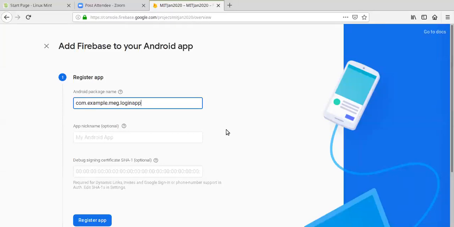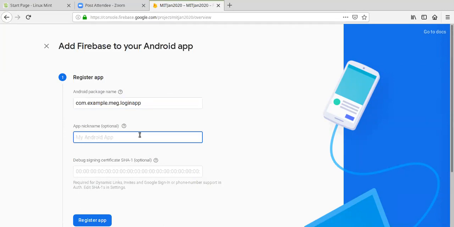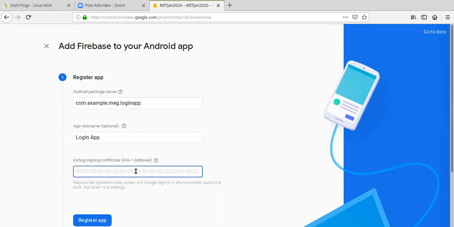I hope that's clear. Then you're going to give the app a name. So you can say maybe login app. So you give the name, and lastly, you give the SHA-1. So for the SHA-1,